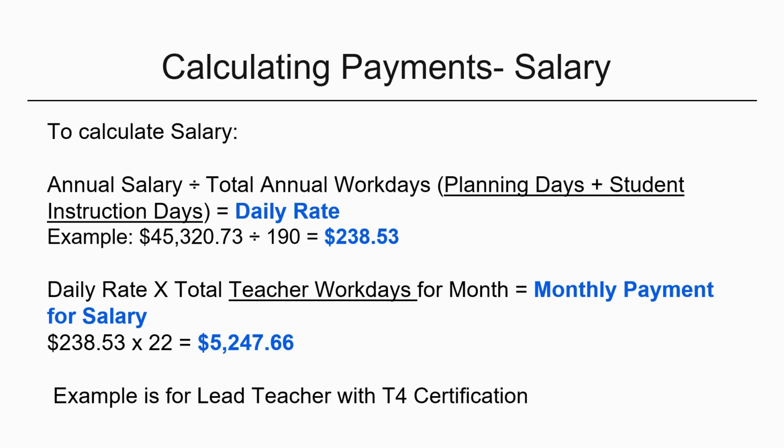$238.53. Now we're going to take that daily rate down and we're going to multiply it by the number of days this teacher worked in the month that we are in our example. We had 20 student days, but this month had 22 teacher work days. So we have $238.53 times 22 teacher days gives the monthly payment for this teacher